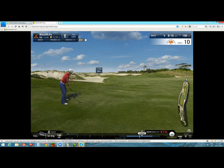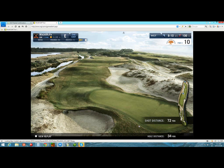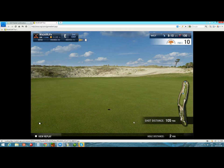So this one, probably play around 103, 102. So not quite a full. See, almost did it again. Just not really thinking anything. Just take a second, think about it. And if it doesn't help, it doesn't help. But it can't be any worse than what I'm currently doing. So